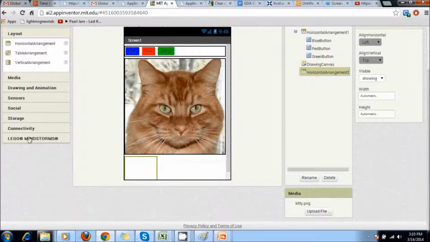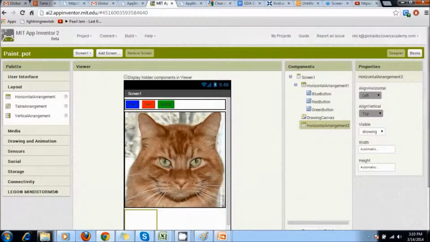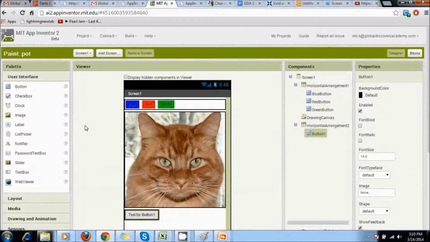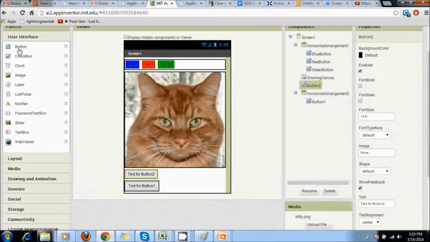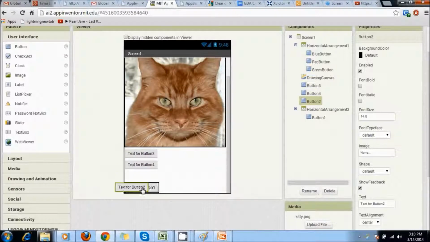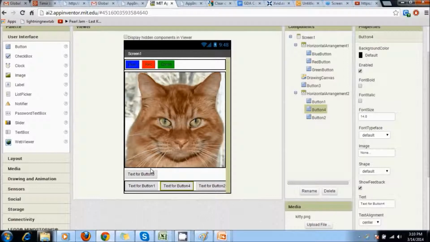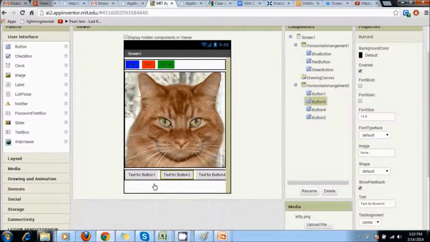So these 4 buttons, we go to user interface and drag and drop 4 more buttons. There we go. So we have 4 buttons here which have been added.